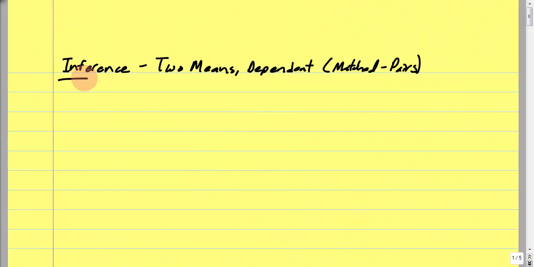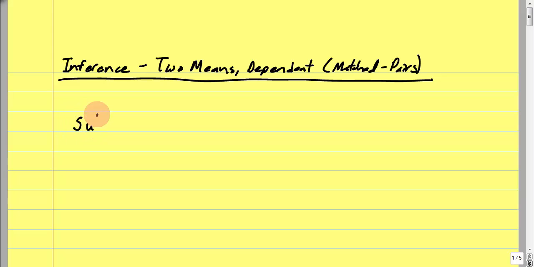In this section, we are still working with inference, but in this case we're working with two means that are dependent rather than independent as we have in previous sections. And these are called matched pairs design. So when we're talking about a matched pair, what ends up happening is we have something like a subject 1,